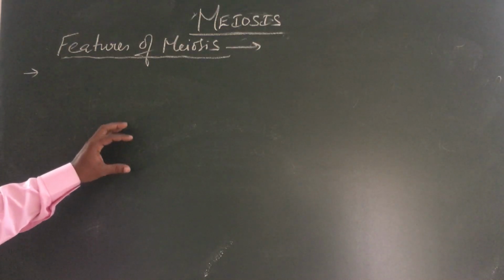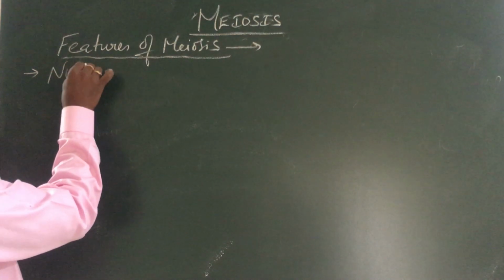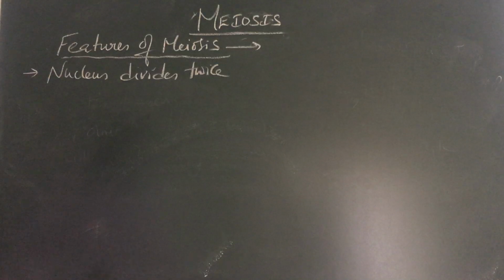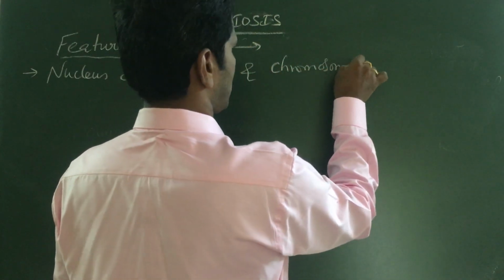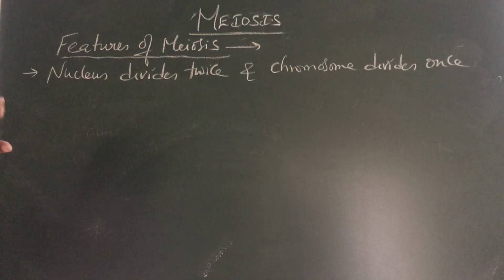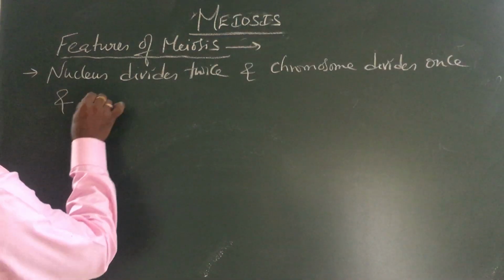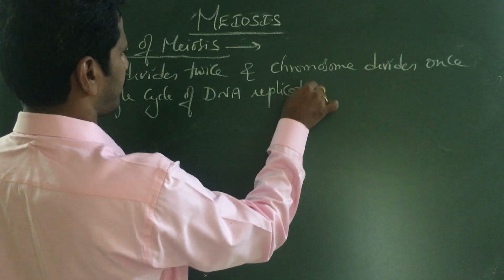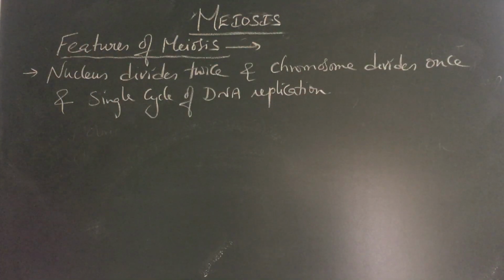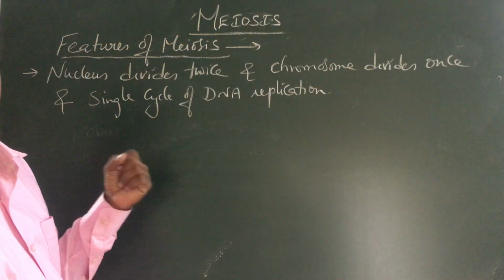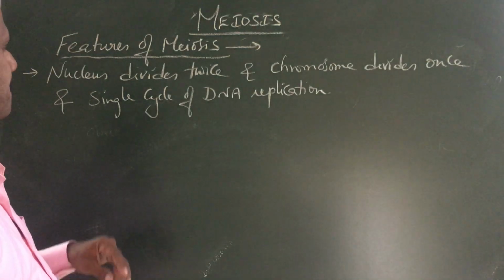Here, nucleus divides twice, chromosome divides once. See the statement: nucleus divides twice and chromosome divides once, with a single cycle of DNA replication. So this is what generally we see. Therefore, when does the nucleus divide twice? In meiosis 1, the nucleus will divide, and in meiosis 2, the nucleus will divide. So nucleus divides twice,